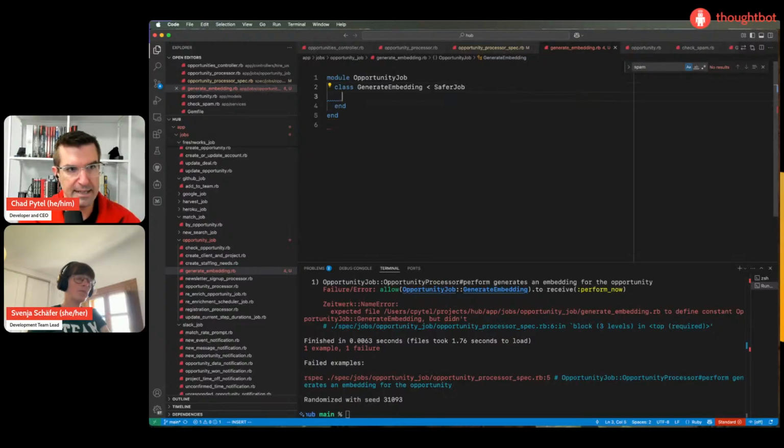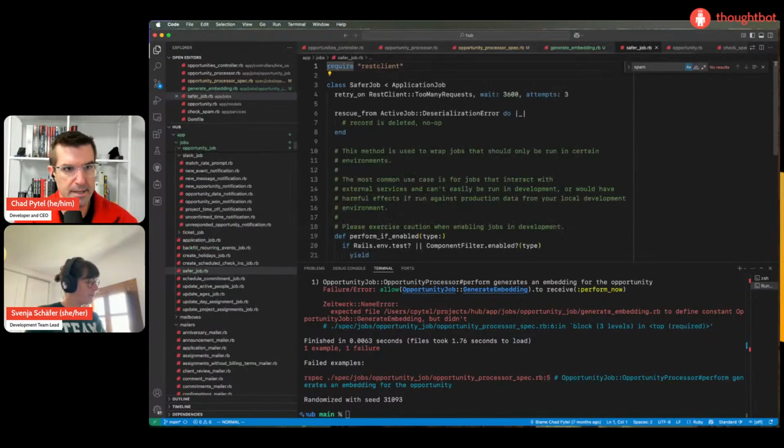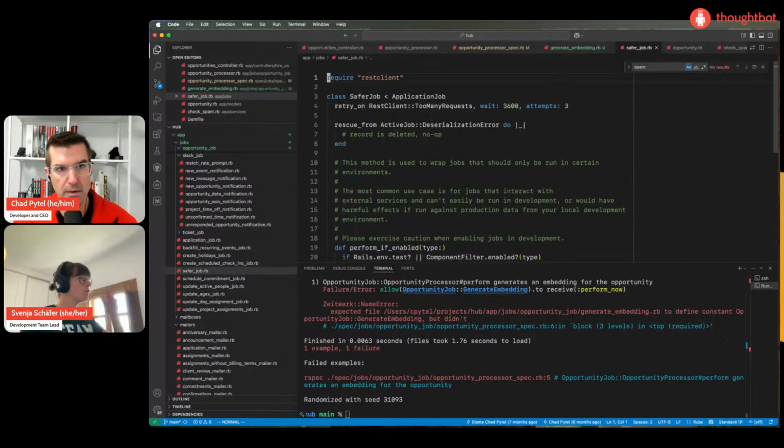We have a class in this app called Safer Job. It's pretty cool. What it does is it rescues from deserialization errors. So this helps you if you background a job using an Active Record model, and then that model gets deleted or is no longer available.